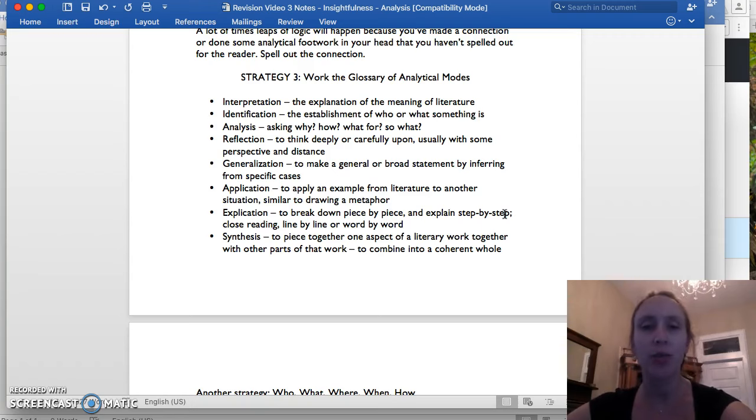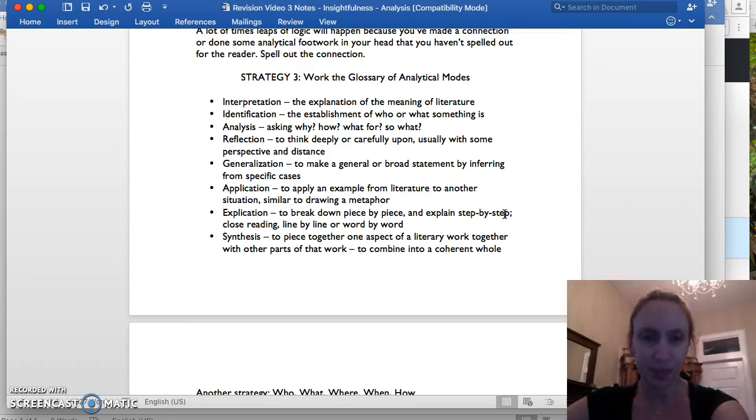These are by no means exhaustive, and a lot of them overlap, so they're only meant to be helpful as far as they can be, not something that you're ever going to have a quiz on or that you'll ever need to really distinguish between in any kind of stressful way, just to the extent that they can help you by offering some different frames for how you could analyze. So interpretation, this is the broadest one, I suppose, the explanation of the meaning of literature. And this one's very personal to each of us. We would all explain something in a slightly different way.